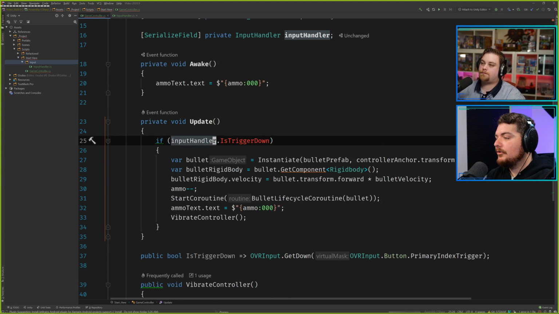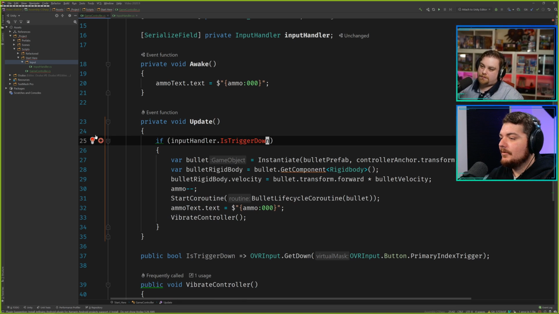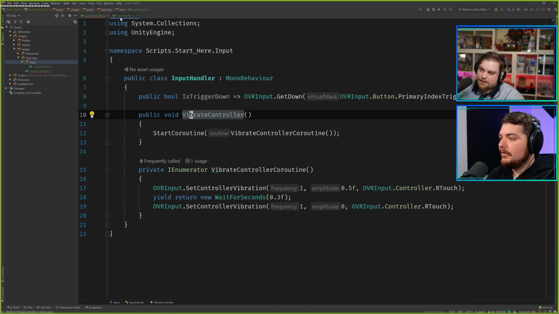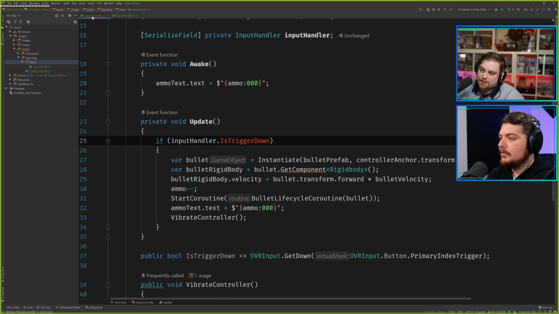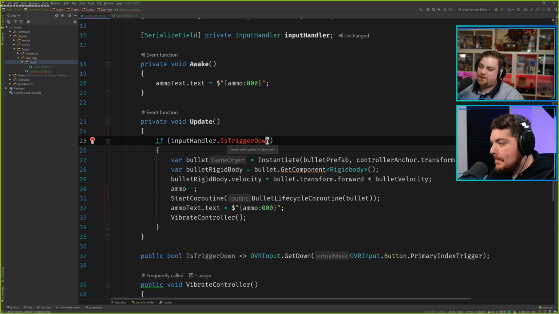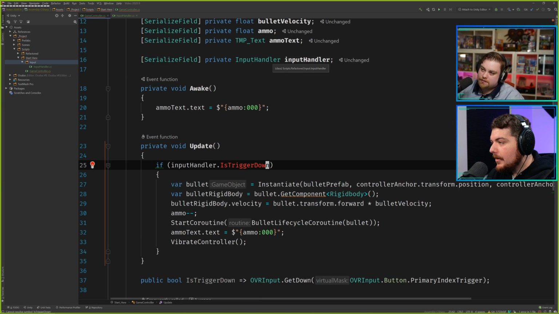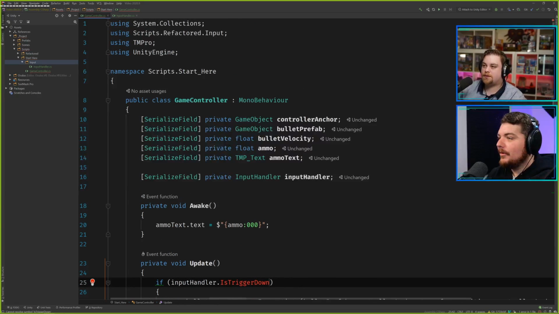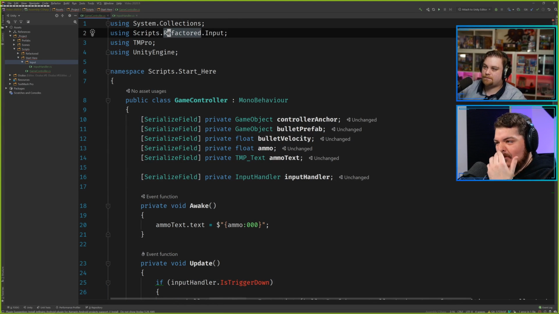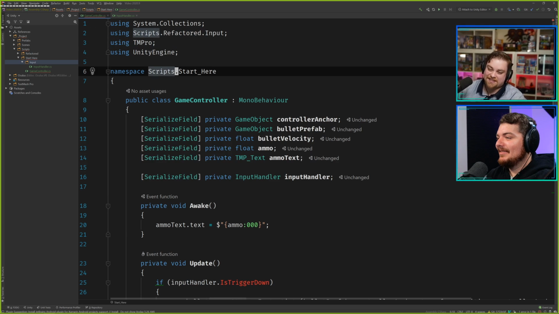Input handler dot is trigger down, which is why is it complaining? Did I make it private or something? Public? No, it looks fine to me. That should be fine because it's an accessor. Oh, I wonder if for some reason it pulled it from the refactored version, which is a method and not an accessor.